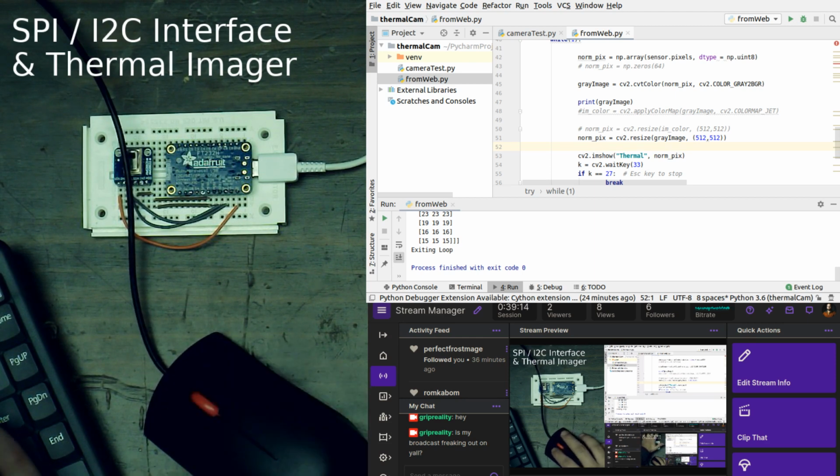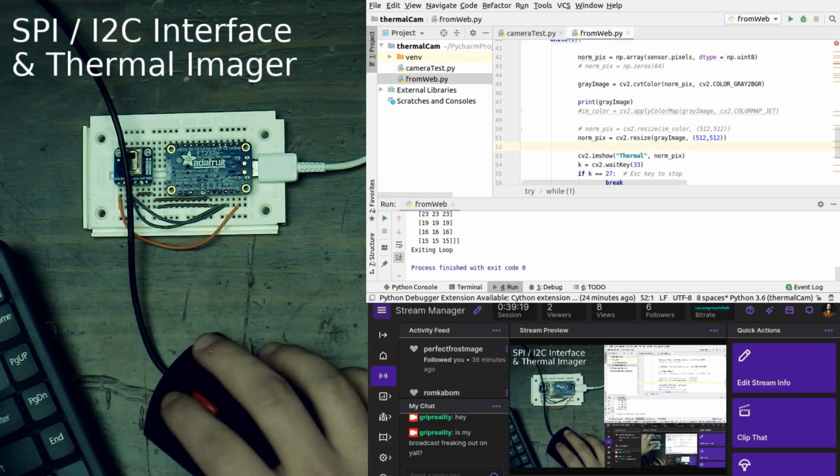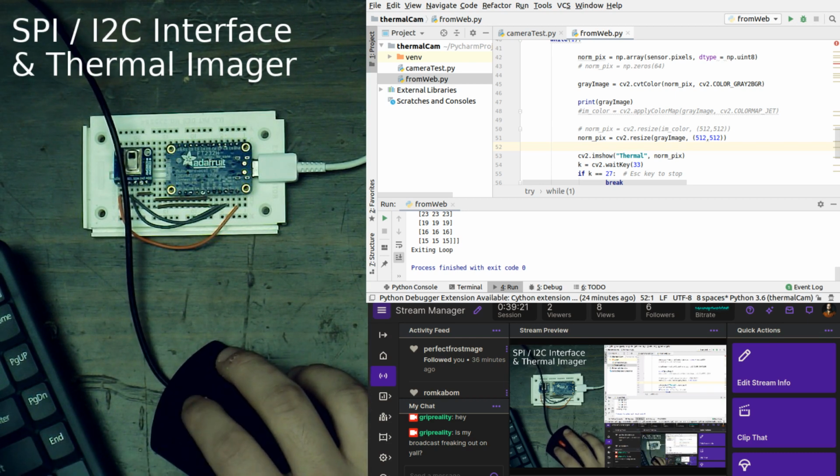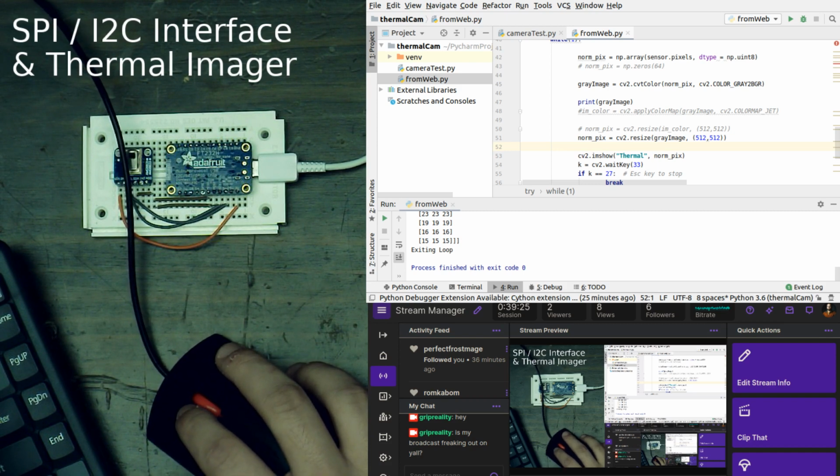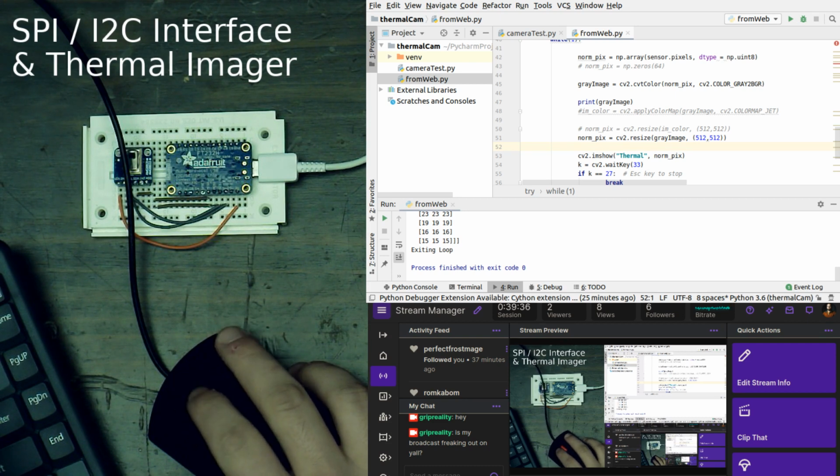Let's do this. So OpenCV, normalize. Okay, so what this should do